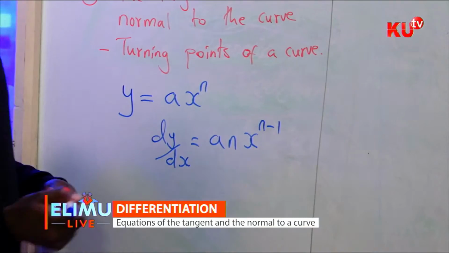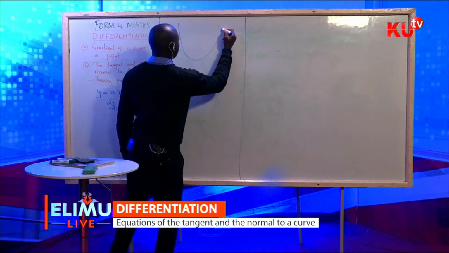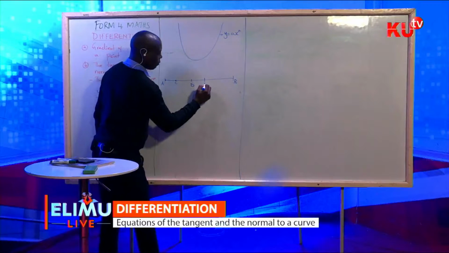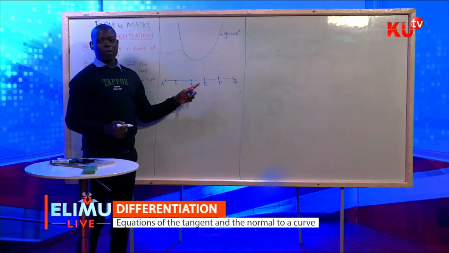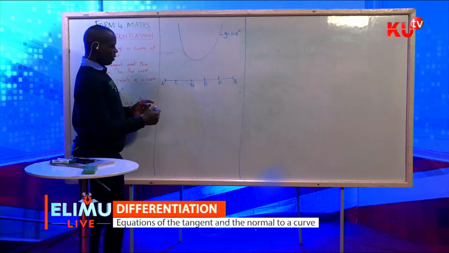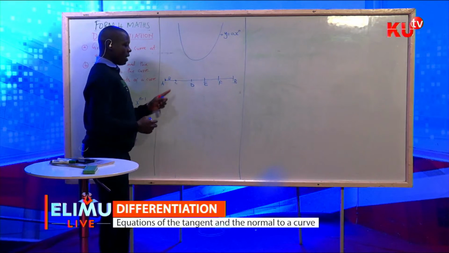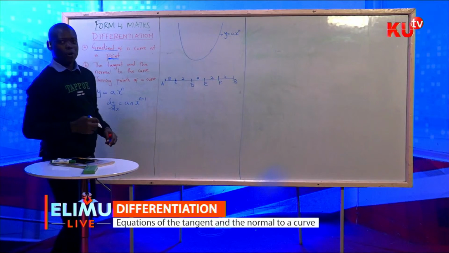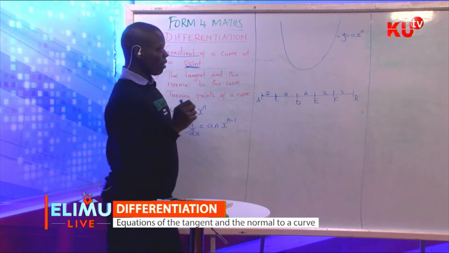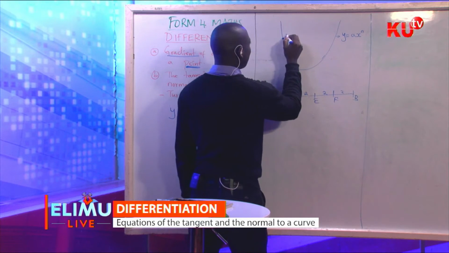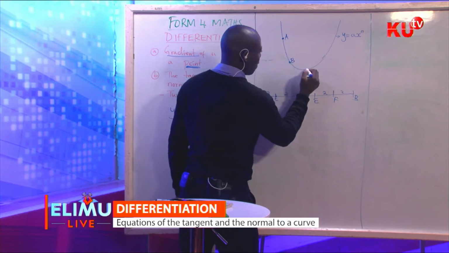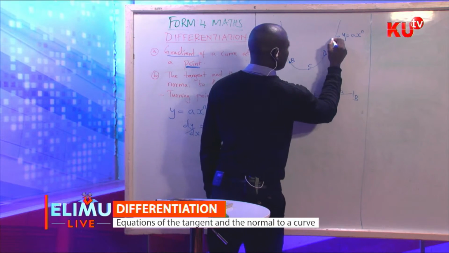First of all, students, we looked at this as a curve represented by the equation y equals ax^n. We can use any 2 points to determine the gradient along a line, and it will be the same gradient. What do we mean? For example, assuming the gradient between these 2 points is 2, then it will be the same along the whole line. But at a particular given point on a curve, let's say we have a point A. If I determine the gradient of this curve at point A, and point B, point C, point D, and point E, the gradient will be